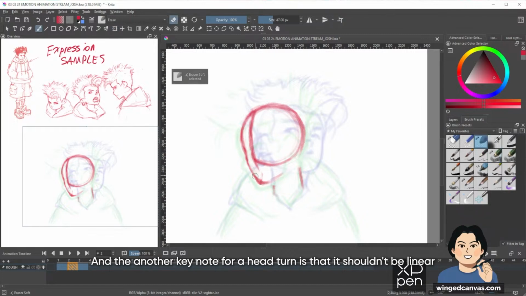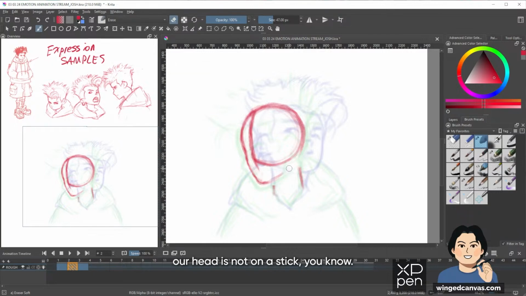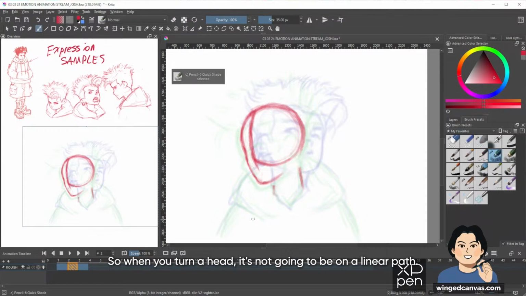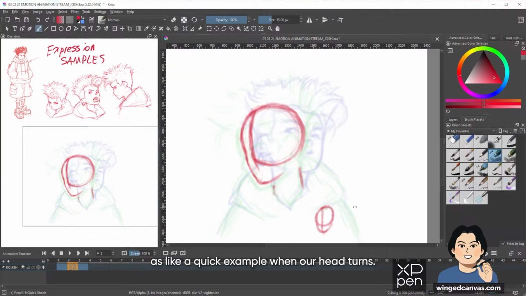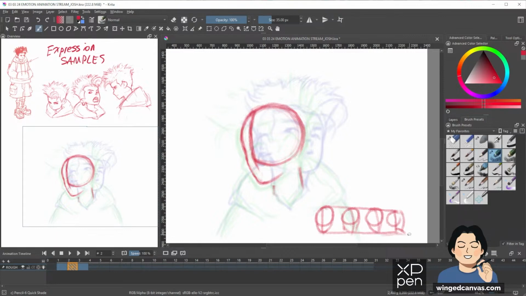Another key note for a head turn is that it shouldn't be linear, because our bodies are organic. Our head is not on a stick, so when you turn a head, it's not going to be on a linear path. I'll draw a quick example. When our head turns, it doesn't just stay on a linear path, or else it feels like our head is just rotating on a stick.